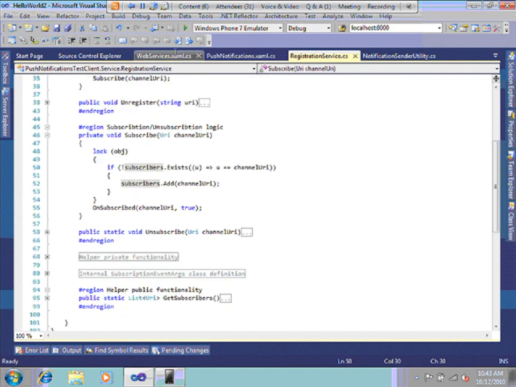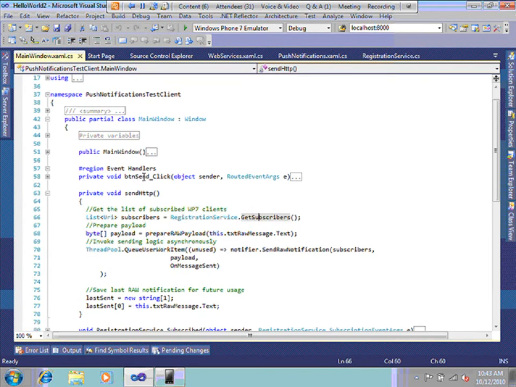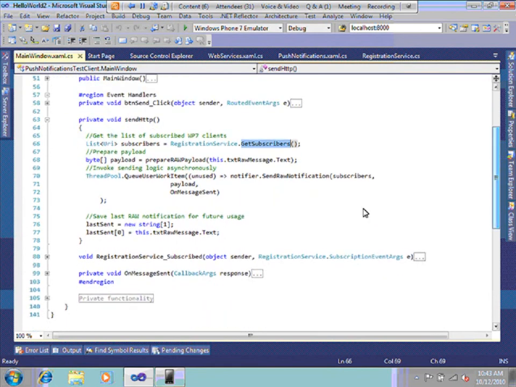Next, so this is our test client. What happens when you click the button? So we've got a registration service. We've got the phone talking to our registration service to say that I want to receive push notifications. Now we have the test client saying, okay, it's time to send a notification. So we get a list of subscribers from our service and then use a helper class to send the raw notification. So this is a raw notification, not tile or toast. So we're just building basically a string message from our text box and passing it off to this helper to build